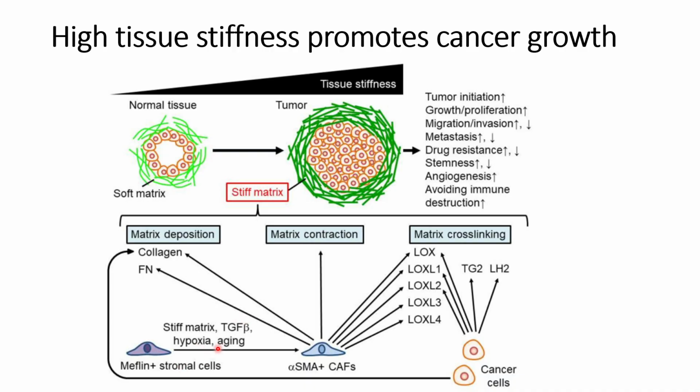It will also provide a hypoxic environment, which is favorable to the cancer cells. And in terms of cross-linking, some of the upregulated pathways are shown here, and overall this results in tumor growth, proliferation and tumor initiation, and